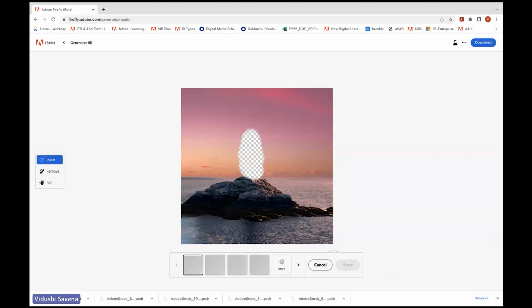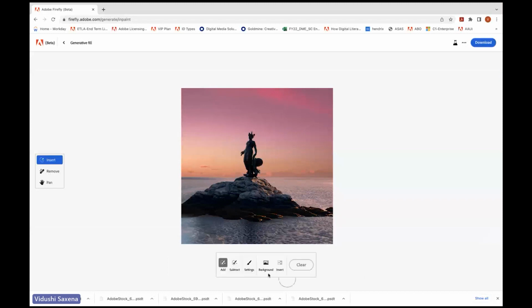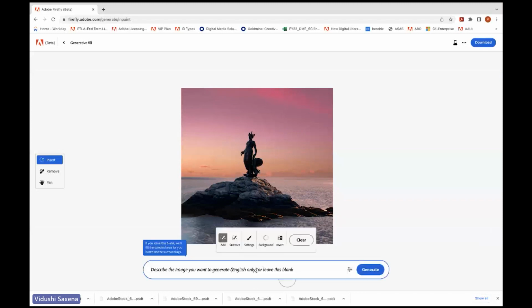And you'll see in a matter of quick minutes, it gives me 4 variations. And can you even believe that? I mean, can you imagine seeing the lighthouse in its place? So that's how magically it does it. It matches the lighting, it matches the perspective and the style of the image so that it looks as cool as real, right? And then let's keep this one and select the background and change it to maybe city lights,